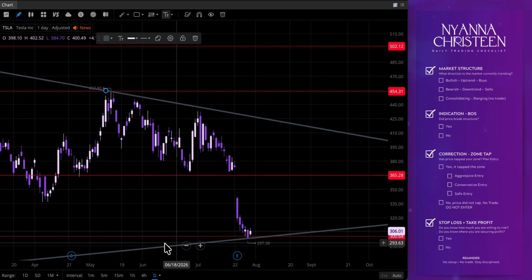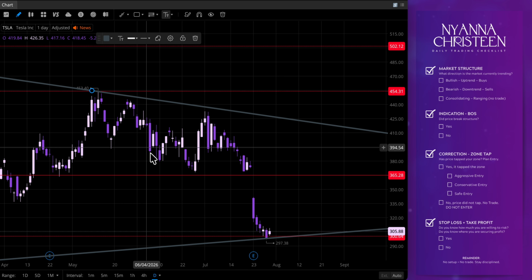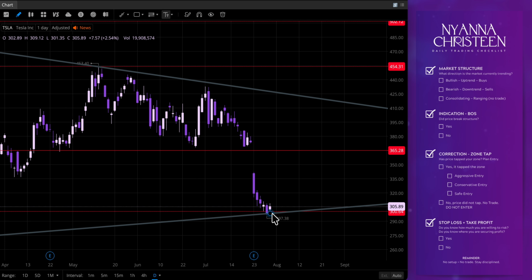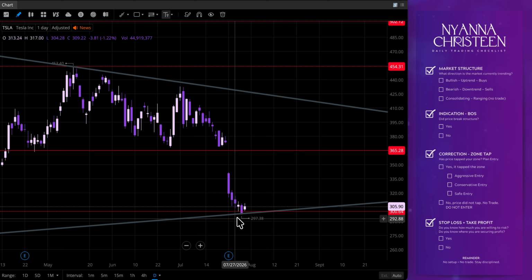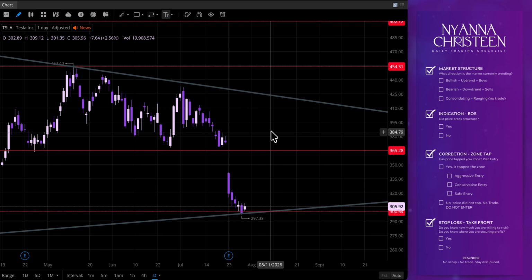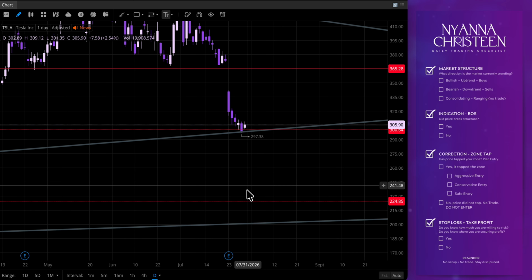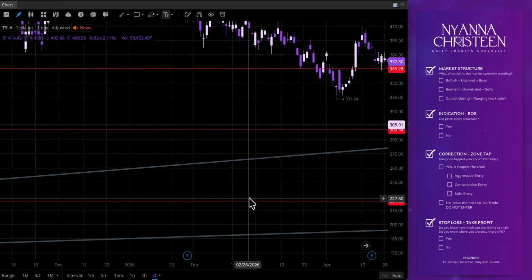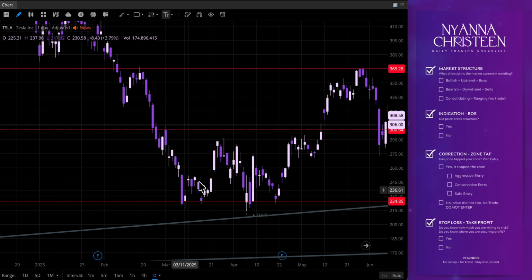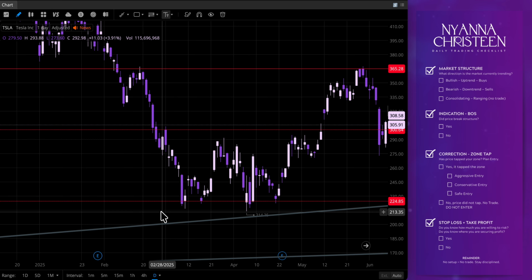I'll look on my daily. Price is currently at this level and trend line. So what I would want to either see is price bounce back up or price break this trend line. If it breaks, that means we have sellers and we have room to here. But then I would go back and check what usually happens in this area. Now I'll see buyers usually step in here,